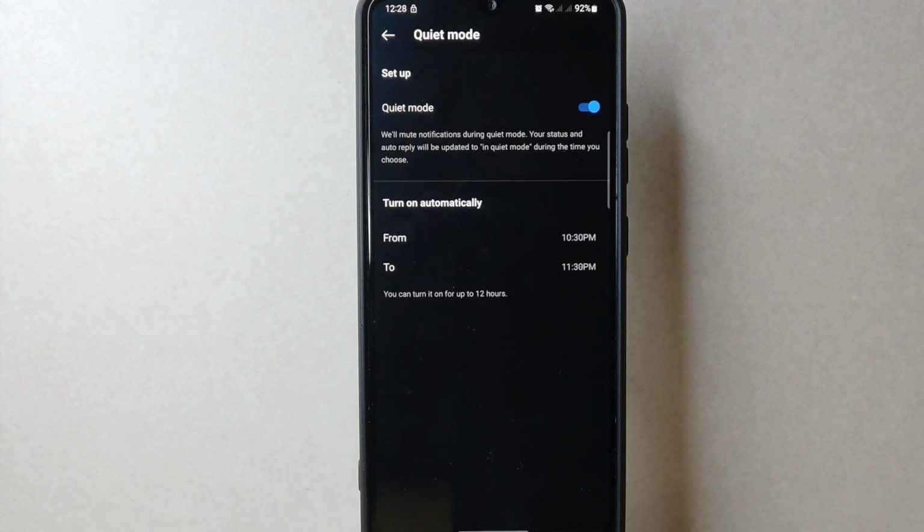There you go. If you wanted to know how to turn on quiet mode on Threads, that is the easiest way I know how. If you know another way to turn on quiet mode on Threads,